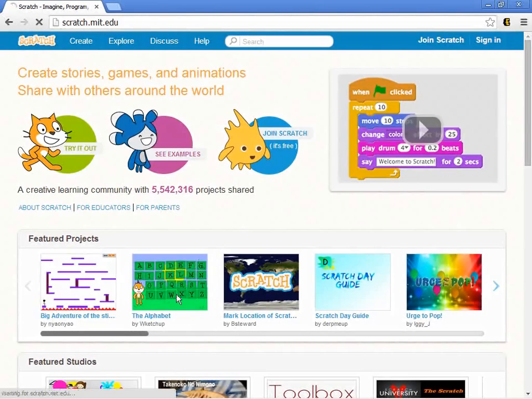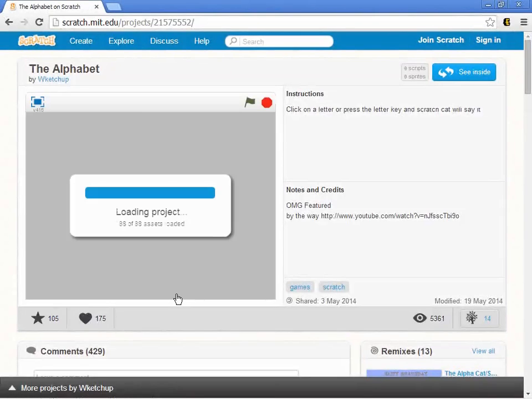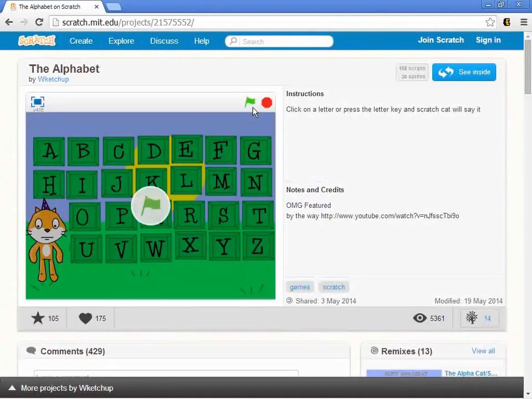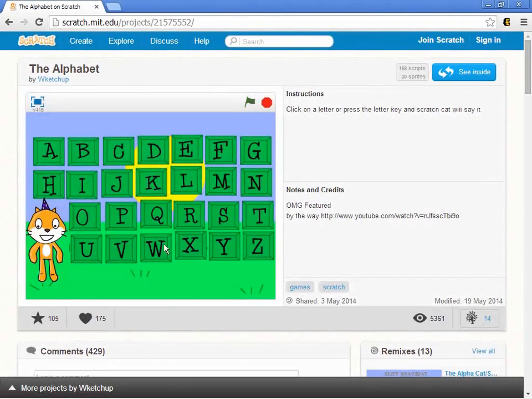I'm going to look at this one with the alphabet. This is kind of a neat little simple one. And so without knowing much about Scratch yet, I press this green flag to run. And this is just a simple thing where if I press with my cursor any one of these letters, so I say, gee, what is this letter? K. And you hopefully can hear that in the microphone. J. C. F. Right? And so this person has programmed this so that when you click on one of these squares, the cat down here says the letter, and you hear it, right? And so it's a nice little simple program that a lower elementary school student might use